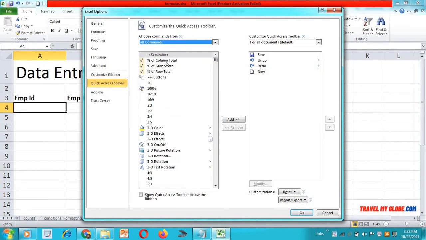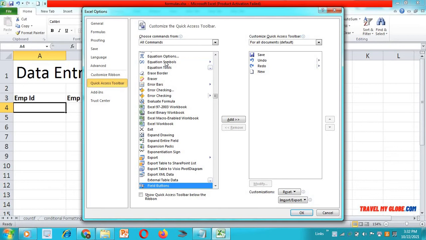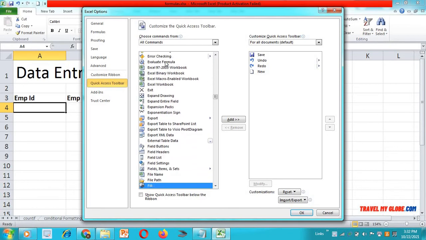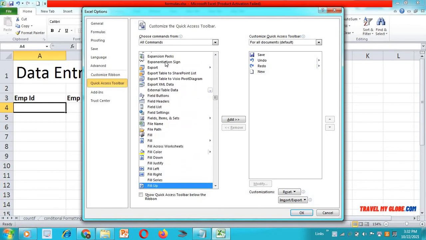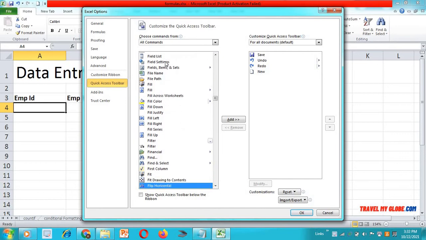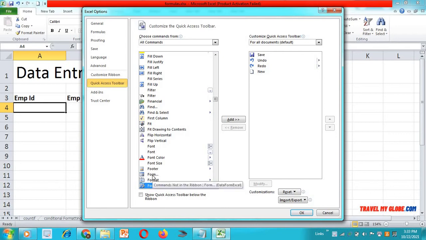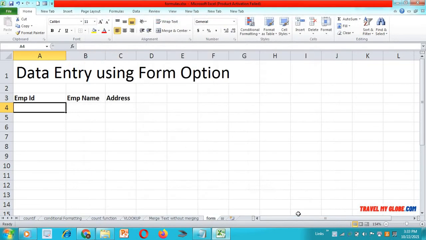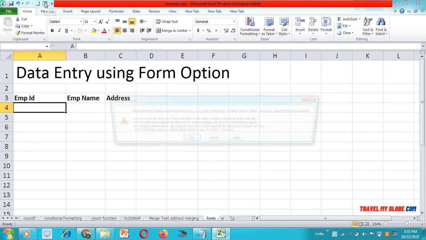Then find the Form option carefully. Once you find it, you just need to add it on the right side of your window. See, we have got the option form. Just add it. Now press OK. You will be able to see the form option appeared in your Quick Access toolbar. Just click on it